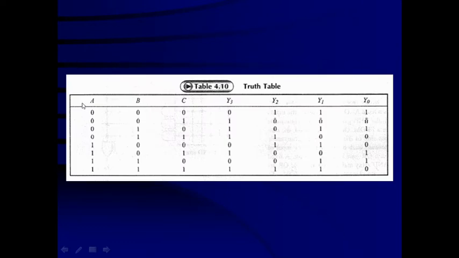So corresponding to this truth table, you will get 4 different equations. You can see this truth table. ABC are the combinations, that is the 3 inputs, and the inputs vary from 0, 0, 0, then 0, 0, 1, up to a maximum of 1, 1, 1. Now you will have 4 different outputs. Either you require output Y3 or Y2, or you may require Y1 or Y0. So corresponding to this, equations 4.1, 4.2, 4.3 and 4.4 can be implemented